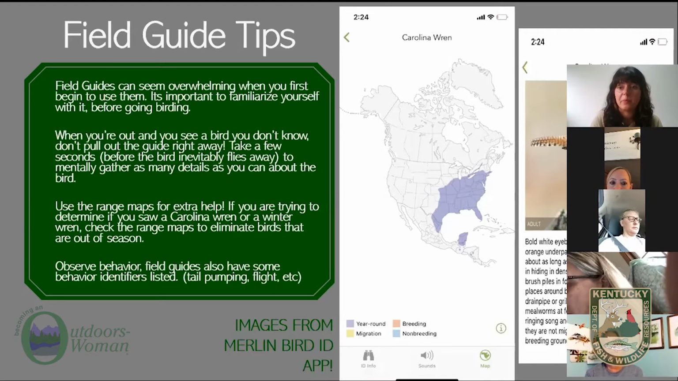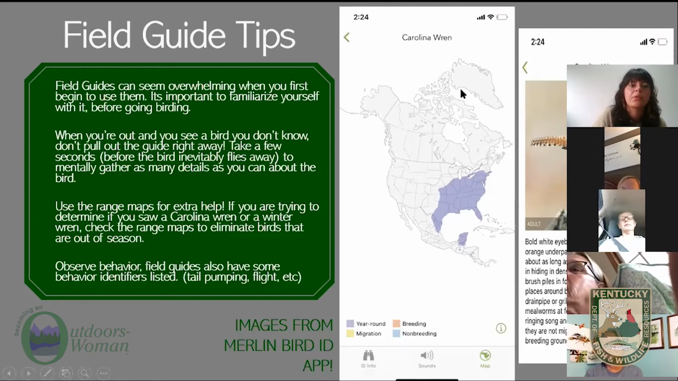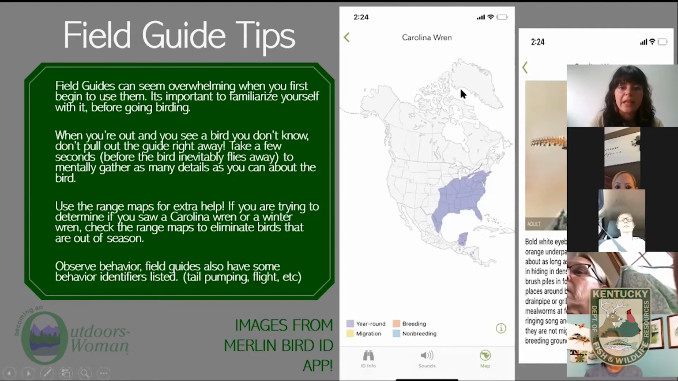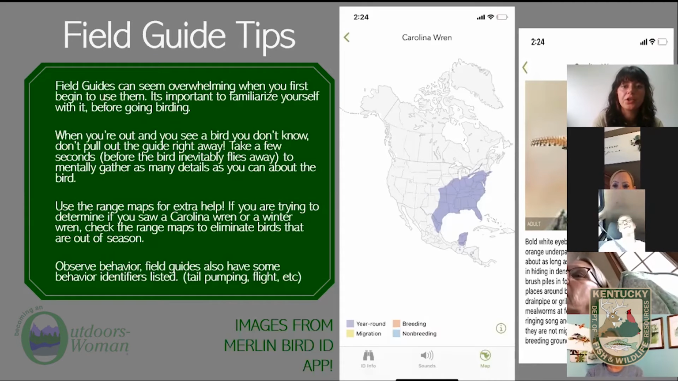Use range maps. If you learn anything from me today, always look at your range map on your field guide. I have an example here. So what I have is a wren. This is a Carolina wren if you're in your backyard, and it is summertime. It is June, and you see a wren because it's got that fat little plump body and that short tail that sticks up. What you're going to do is, if you don't know which wren it is,